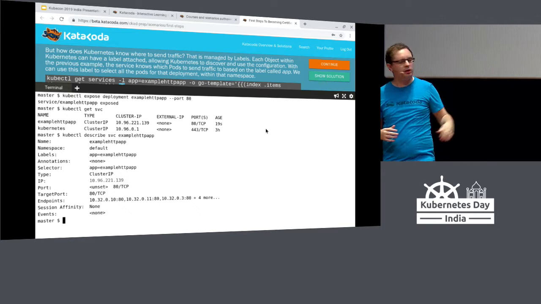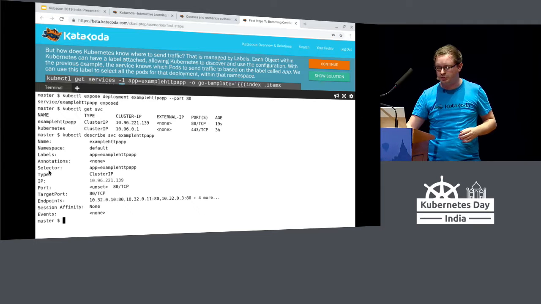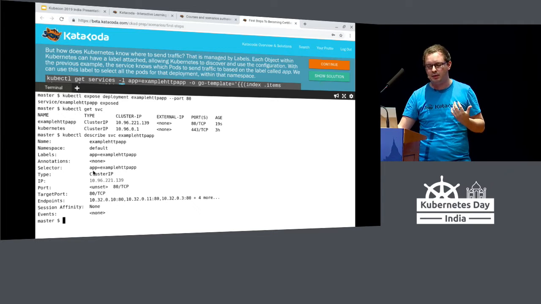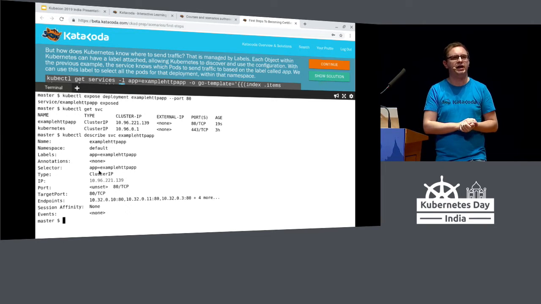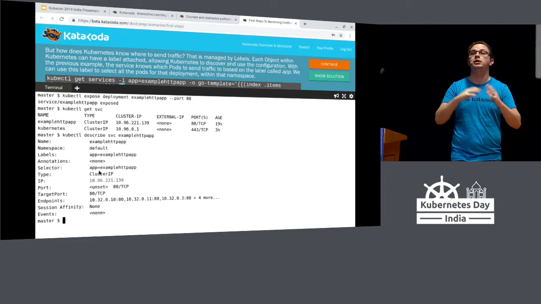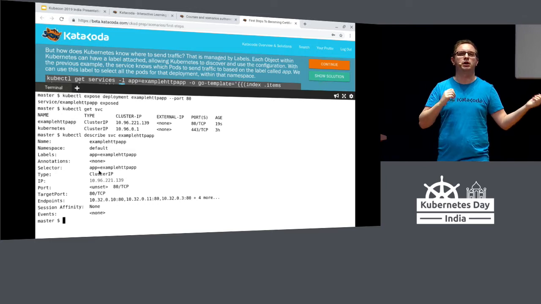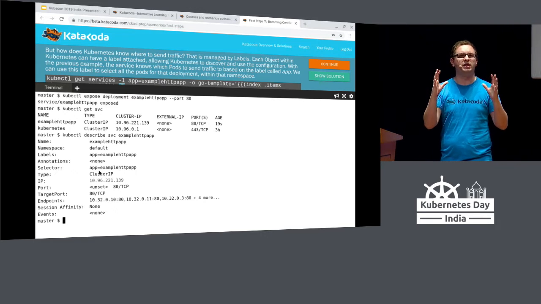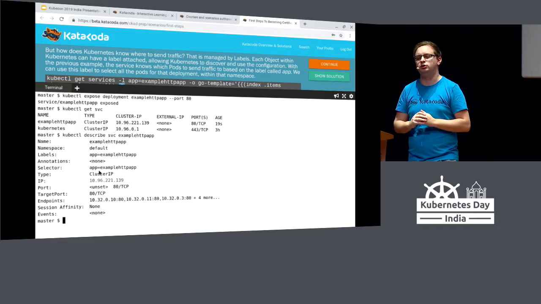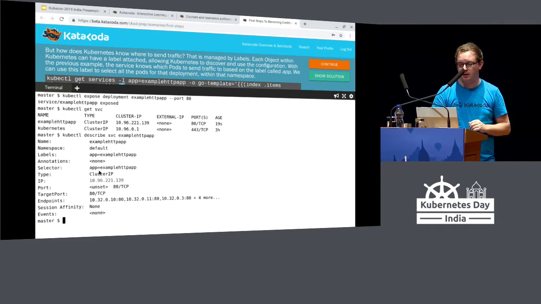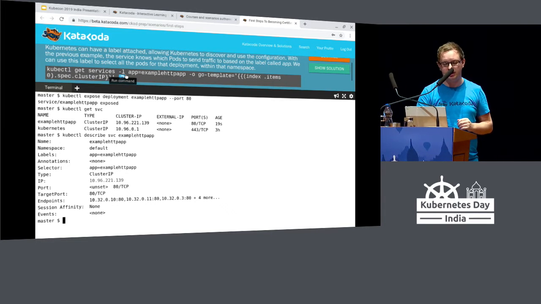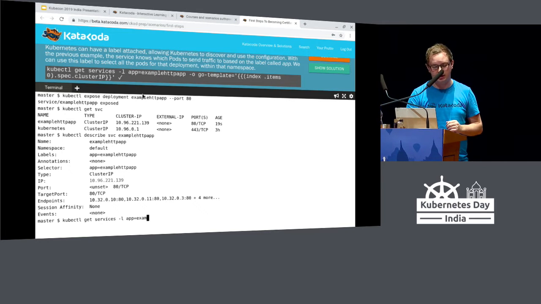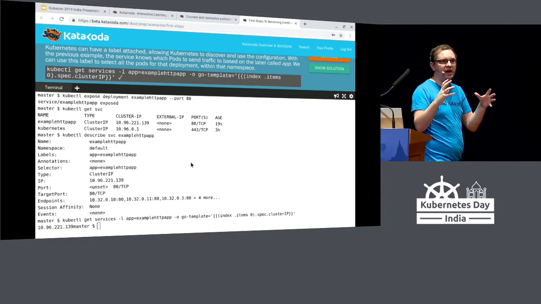And as we can see nearer down in the middle, we have this selector property, and it says select everything which has got the label app equals example HTTP app. And this is what was automatically allocated when we created that deployment object by Kubernetes. But this is completely customizable. You have complete control of any name value and key value pairs that you wish in order to identify how you want your traffic and your objects to be discoverable and structured. And so using our get command again, we can filter and we can say get all of these services that just have this label.